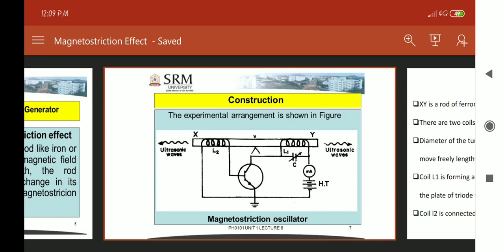Simply, if the plate current changes, the magnetization produced in the rod also changes.